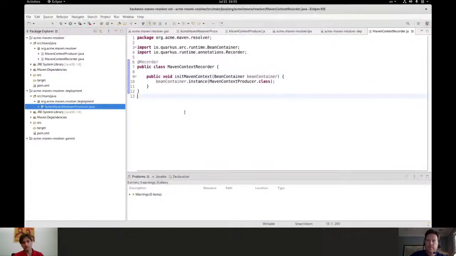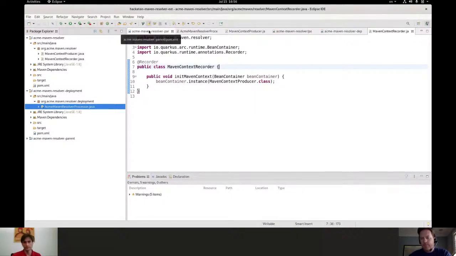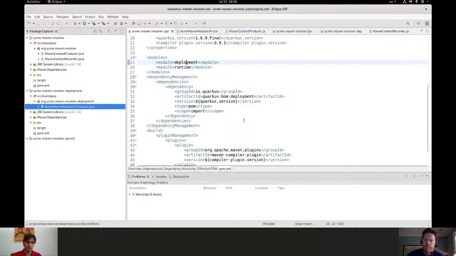So back to this Maven resolver architecture, let's say. There are two parts: the one that does not depend on the configuration, and the one that actually does depend on your settings. So they need to be initialized separately. Why? Because in native mode, to make it work in native mode, what we need to do is,